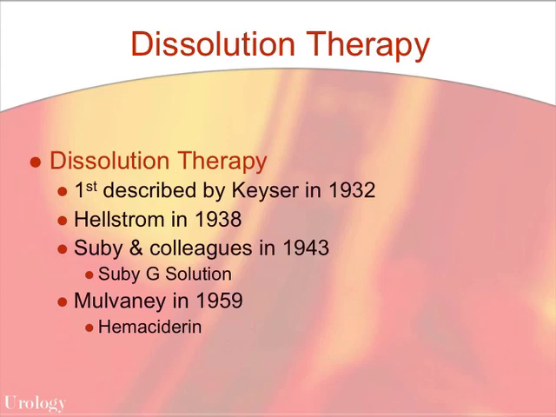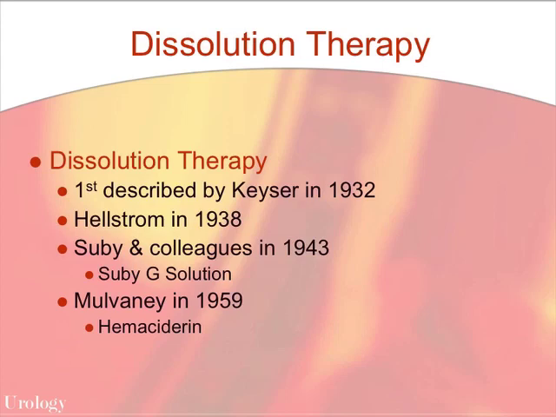Suby and colleagues in 1943 described Suby G solution, and this consisted of citric acid, magnesium oxide, and sodium carbonate. Then in 1959, Mulvaney described hemosiderin, and this is really similar to Suby G solution, except they added D-gluconic acid. Now, the experience within the literature here was that there were several patients that became quite septic, and there were a few deaths that were attributable to these formulations. The FDA took it off the market in 1962, and then with more stringent contraindications, it was reintroduced to the